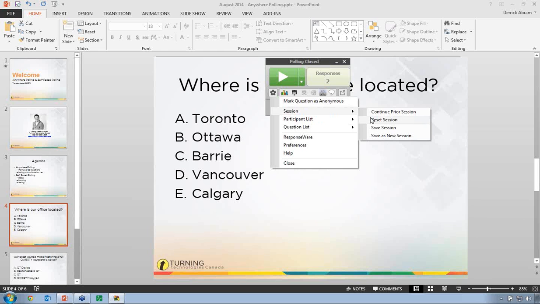Okay. One of the questions that I did see quickly was differences between Mac and PC. The great news is when it comes to Anywhere Polling, it is absolutely identical between Mac and PC. Same options, same capabilities. It's not like with the PowerPoint polling where the Mac side doesn't have all the functionality. With Anywhere Polling, they are both absolutely 100% the same. Okay, so everything we're looking at here today, if you're a Mac user, it'll be exactly the same for you.